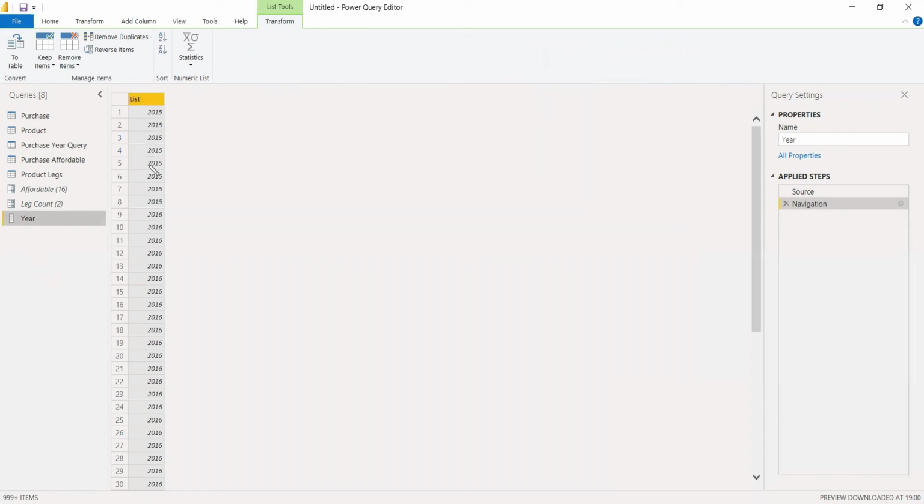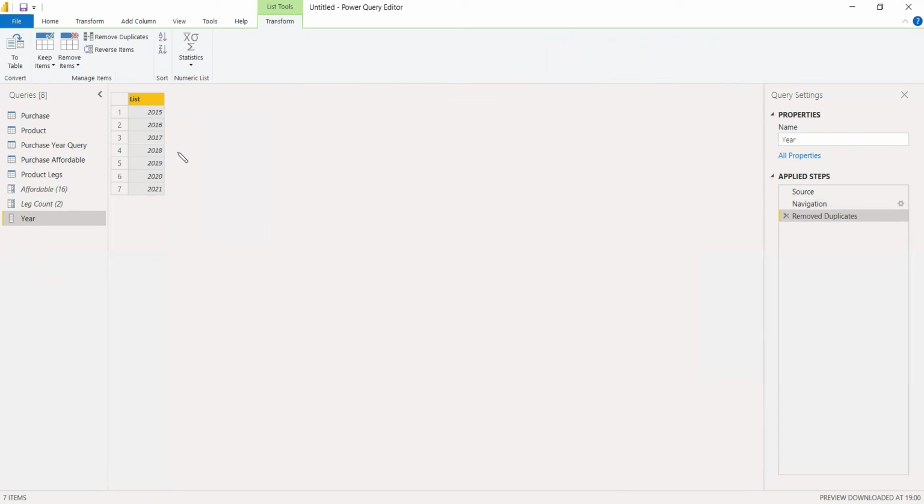Here the repetition is too much, so you can right click and remove the duplicates. So you actually get a small list. Without manually entering the data, we have created a list using a query.